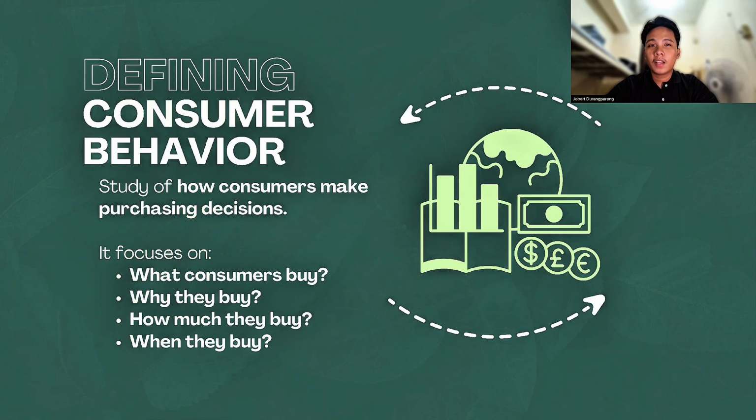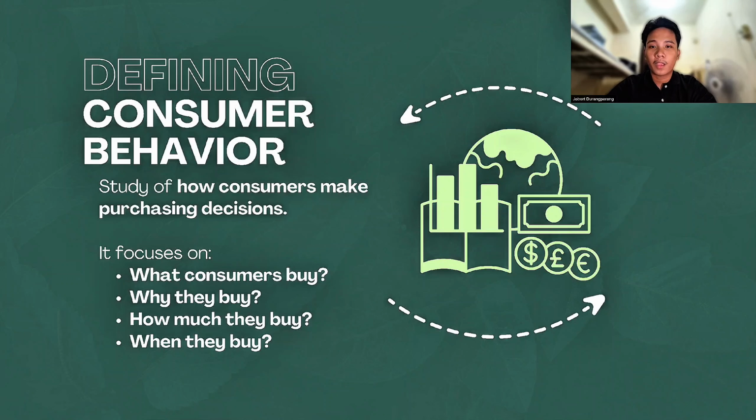So to begin, in microeconomics, consumer behavior refers to how individuals decide to spend their limited income in order to maximize satisfaction or utility. Consumers constantly make decisions such as what to buy, why they buy, how much they buy, and when they buy. These decisions are influenced by many factors like income, prices, preferences, trends, convenience, and even fear